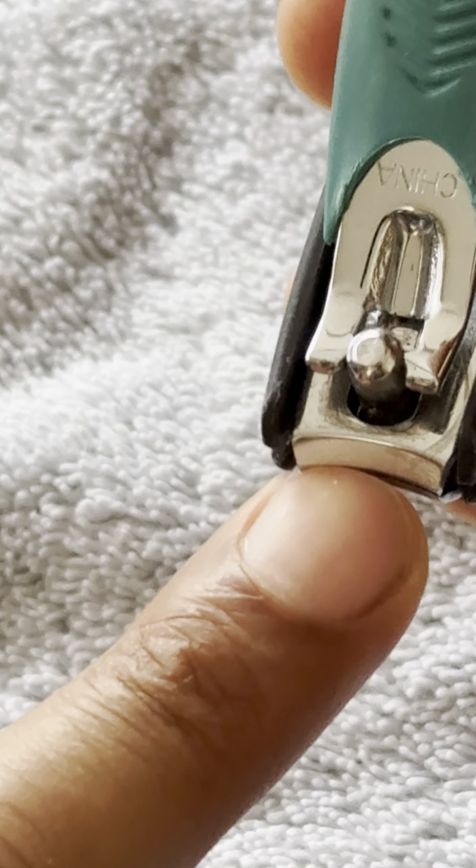So I have one more finger, pinky finger. That was a little tough to get around. Losing a little bit. All right, got that one. Almost. Oh, that looks clean. So once I've done that, I'm going to go ahead and take my scrubber